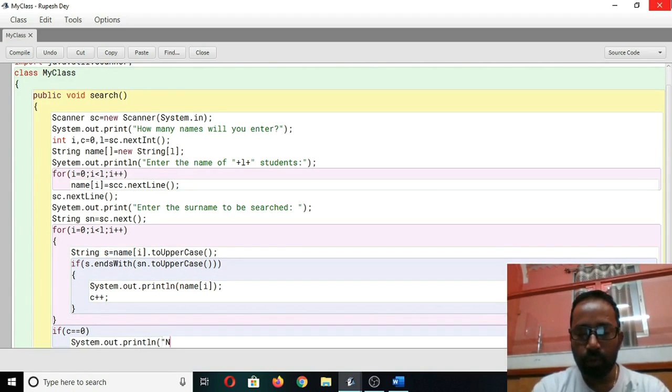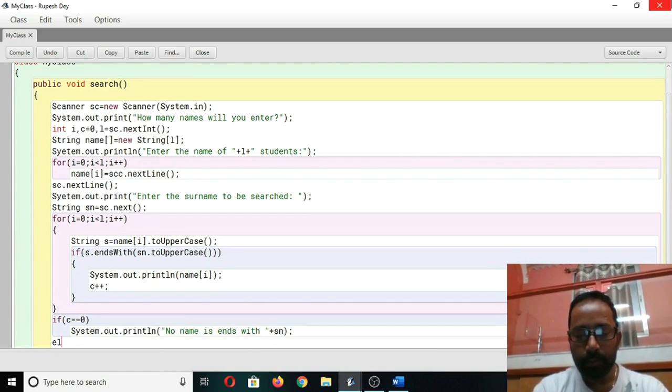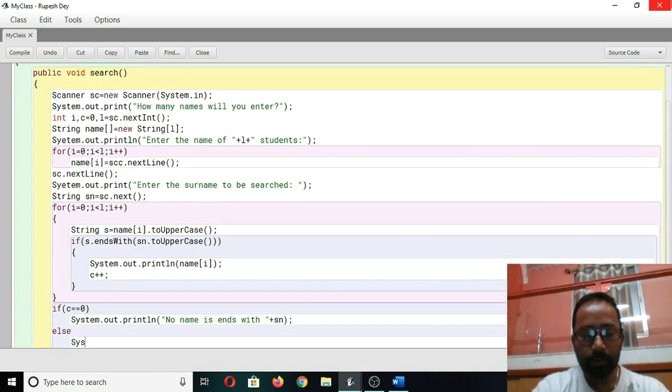System.out.println, no name ends with sn, else System.out.println, c names have sn surname.